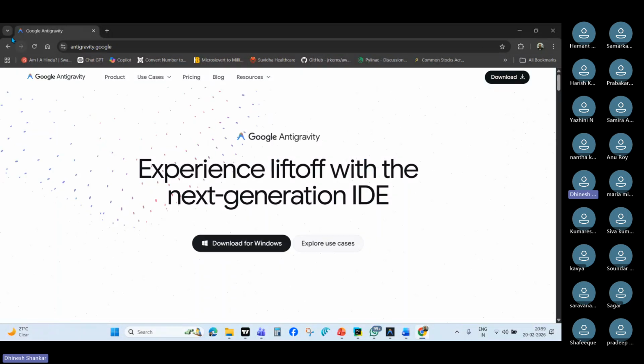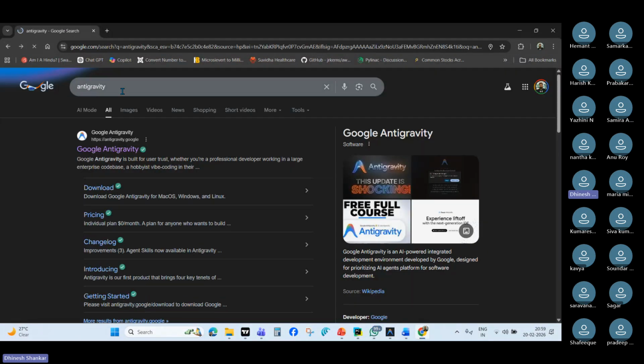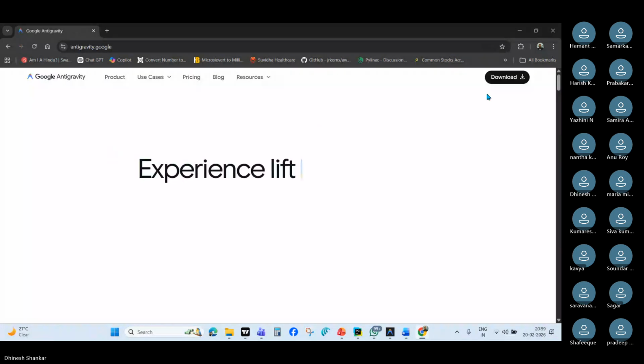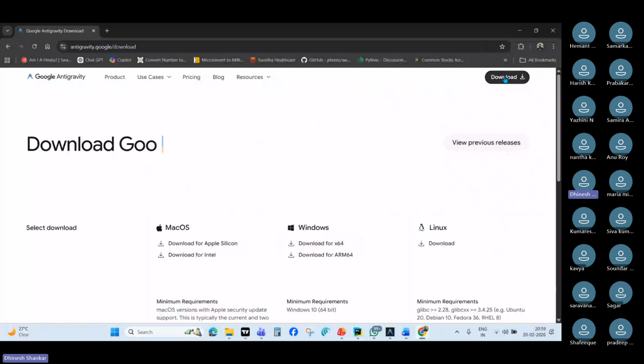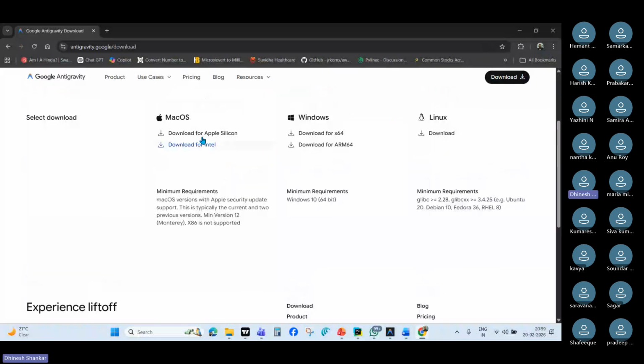Simply search in Google for Anti-Gravity. The first result will come like Google Anti-Gravity. Can you see my window? If you click Anti-Gravity, in the top right corner there is a download option. Once you click it, there will be three options for which system you are downloading it, whether Mac OS, Windows, or Linux. Then there is a download for the 64-bit one. If you click that,